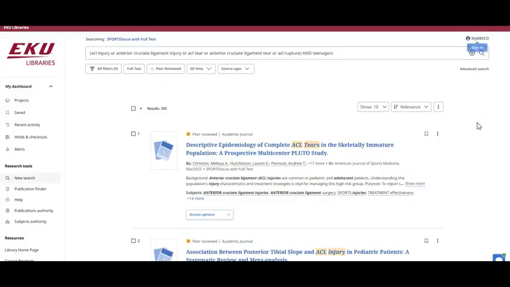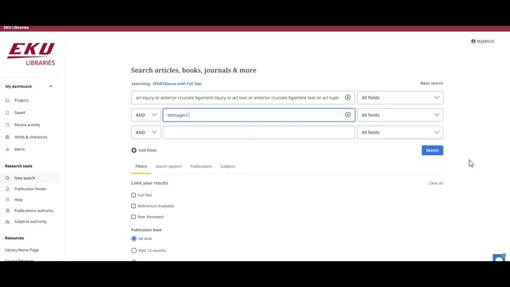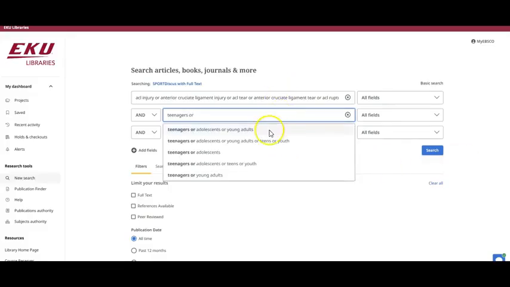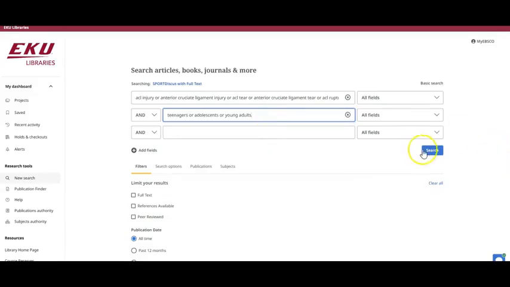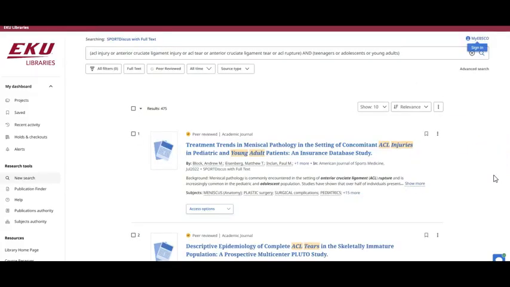Using teenagers alone gives us almost 400 results. Let's go back and try the SPORTDiscus suggestion of teenagers or adolescents or young adults. That search gives us 475 results. Either of these searches still feels like a lot of results, so we might want to consider adding another idea